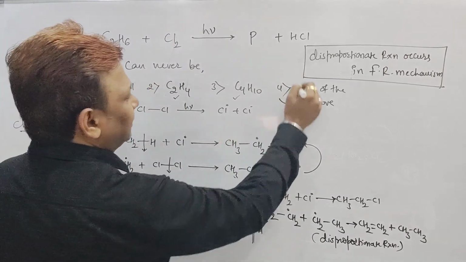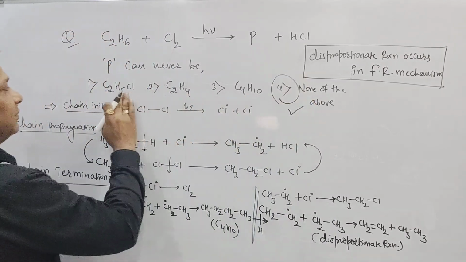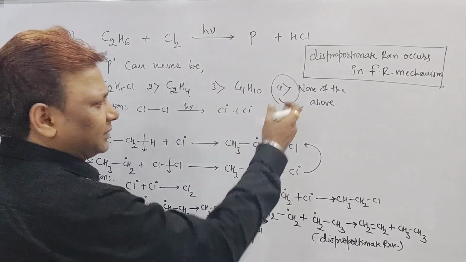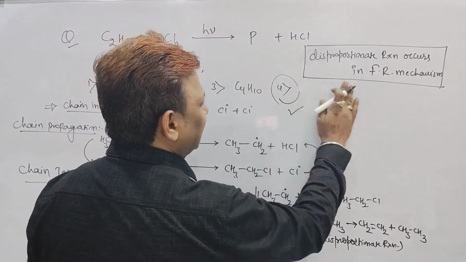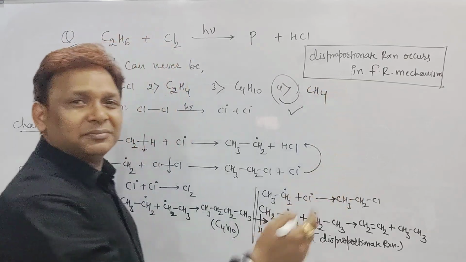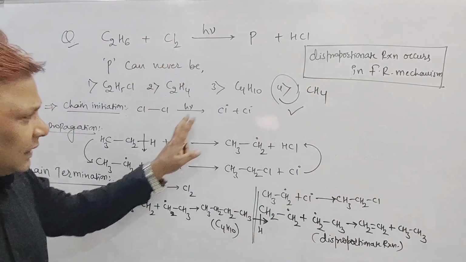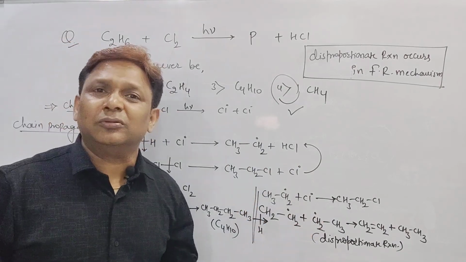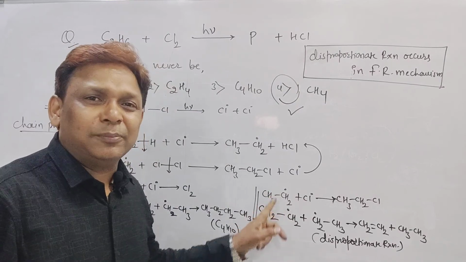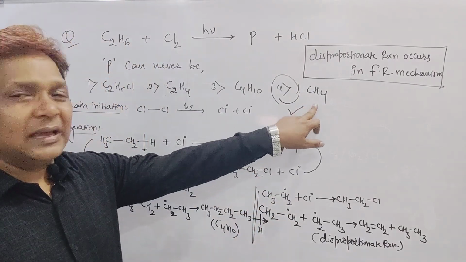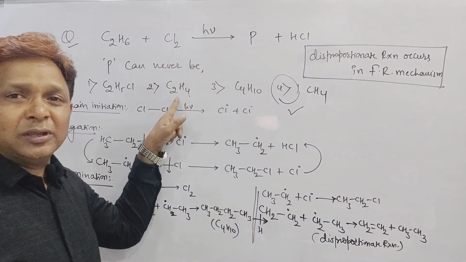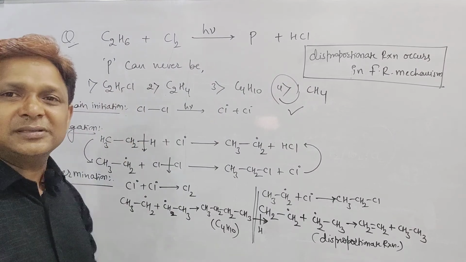P can never be none of the above. Means everything P can be there, but the answer is none of the above. In place of none of the above, can we write something different than what we got? What we got? Sir, P can never be CH4. Khatam. With this one, are you getting CH4 anywhere, beta? And there is no possibility to get CH4, because you may think that I can break the bond here, but no. The CC bond cannot be broken here. Right? P can never be CH4, but P can be C4H10, P can be C2H4, P can be C2H5Cl.